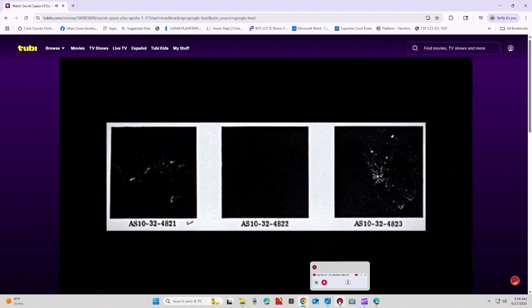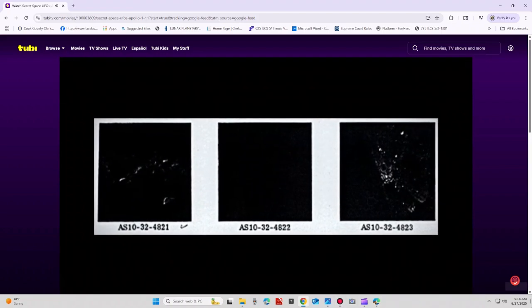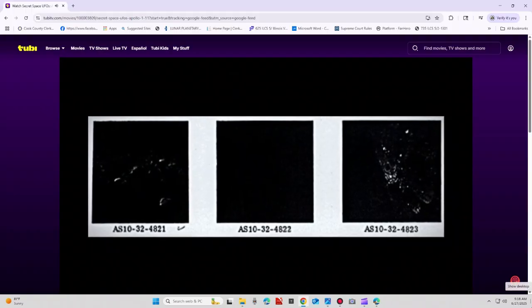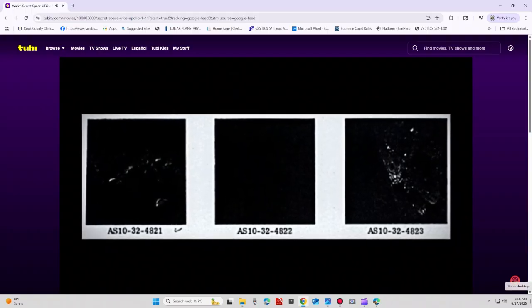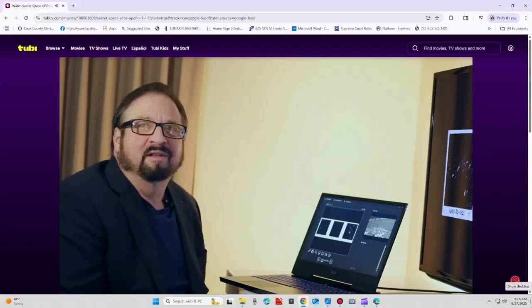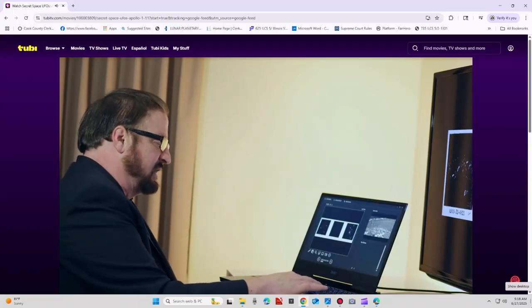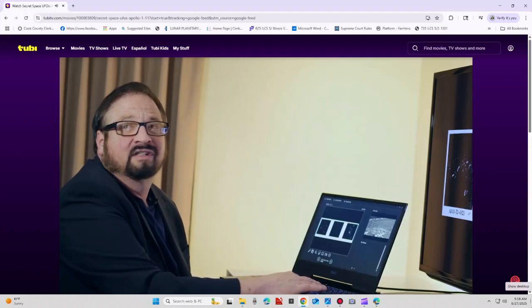These other catalog images don't look like much at all. They look really underexposed, including this one, which is completely blacked out. It's like they left the lens cap on the camera or something. So what did he do? He ordered the blacked out photograph. And when he got AS10-32-4822, again taken just 6 frames later,